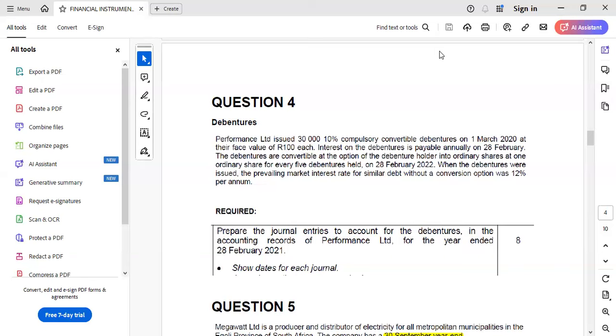I will talk about preference shares. Preference shares, if they are not redeemable, they are equity. And if they are redeemable, it depends